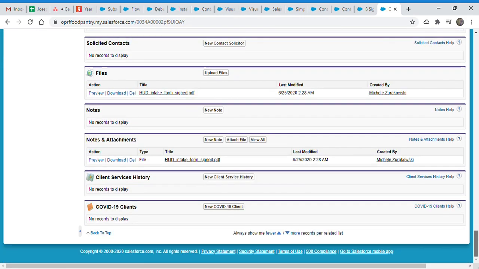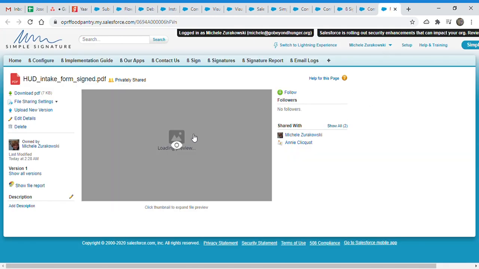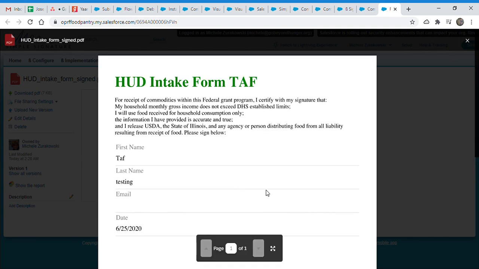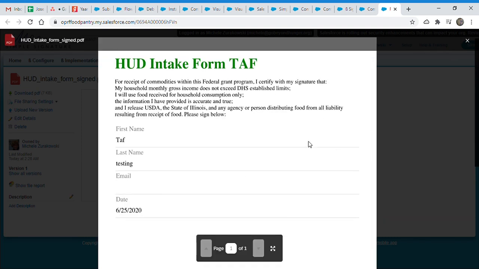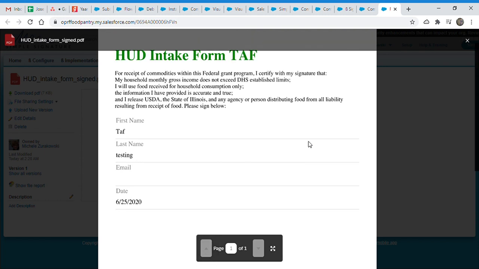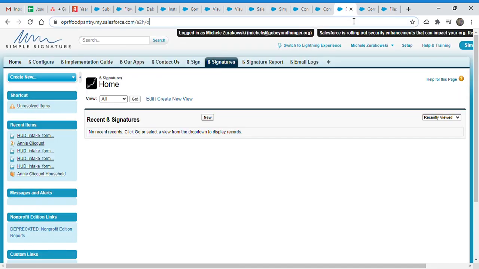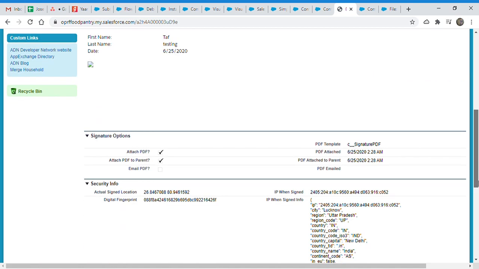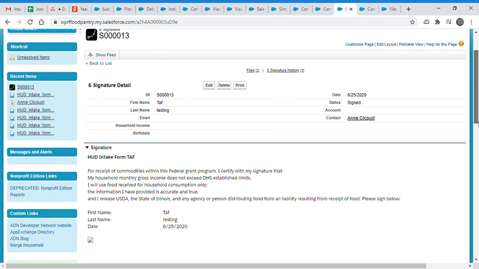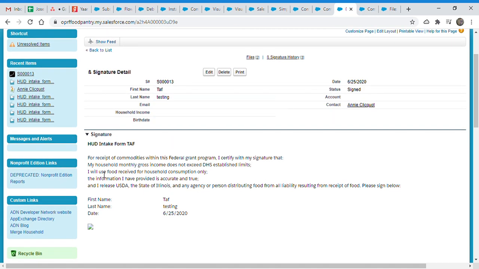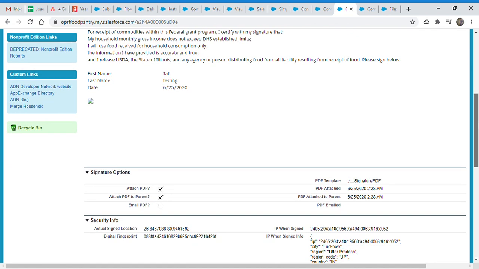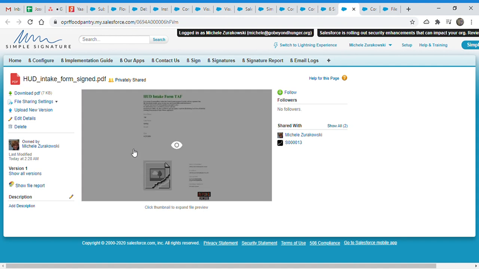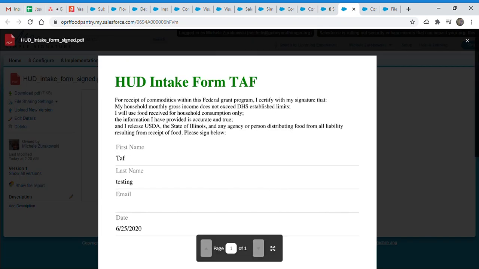Okay. Now let me check this one. So this. Okay, so this one, I think this is, yeah. So you see this is our new PDF page, and it is also working. And let me open it from the newly created, this page is embedded here, the PDF page. So never mind this one. We could check this one. Okay, yeah, it's looking fine.